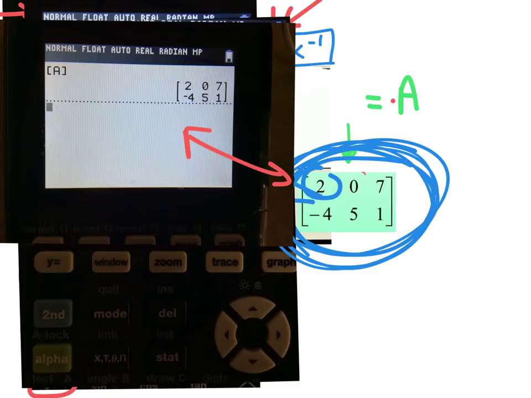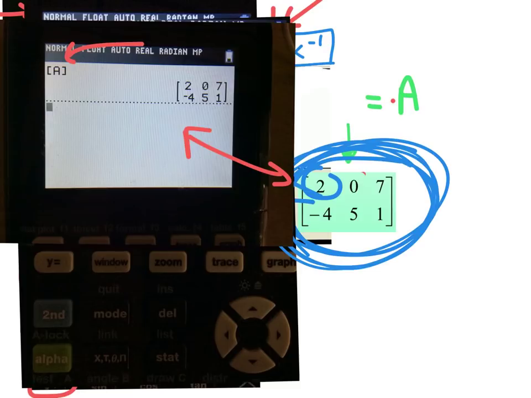And if you are using matrix A in many different computations, and I'll show you what I mean in terms of computations in a few minutes, this is what you want to do. You want to use the matrix menu to store and save the matrices and then recall them when you need them. If you're just going to use a matrix once, maybe do a computation on it and then ignore the matrix forever, there's another way, which I think is a little bit more convenient, in which you can enter a